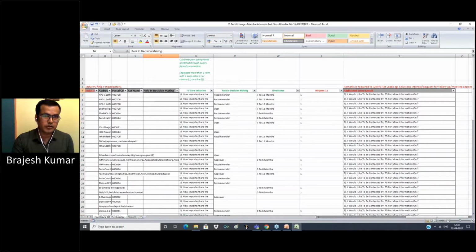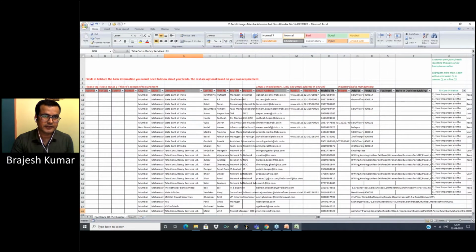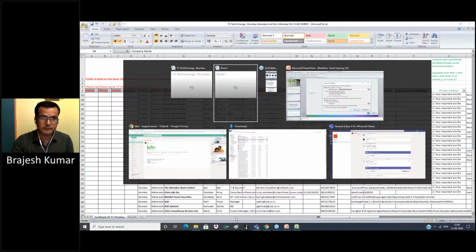To bold our data, use Control B. For italic, Control I. There are many shortcut keys, but we can't discuss 200 or 300 shortcuts in this session, so we show some.